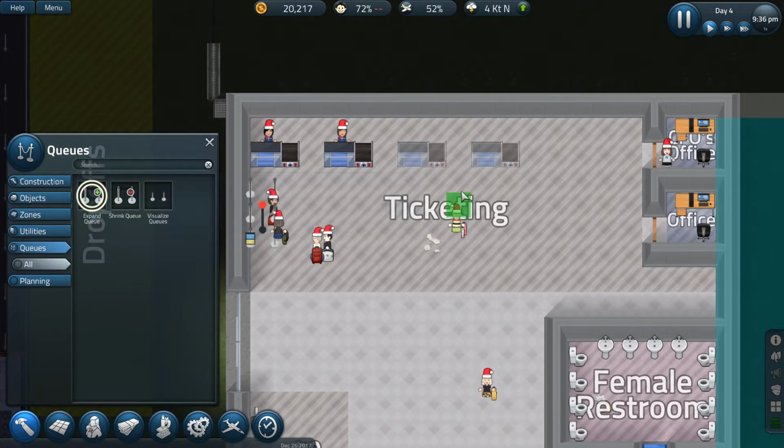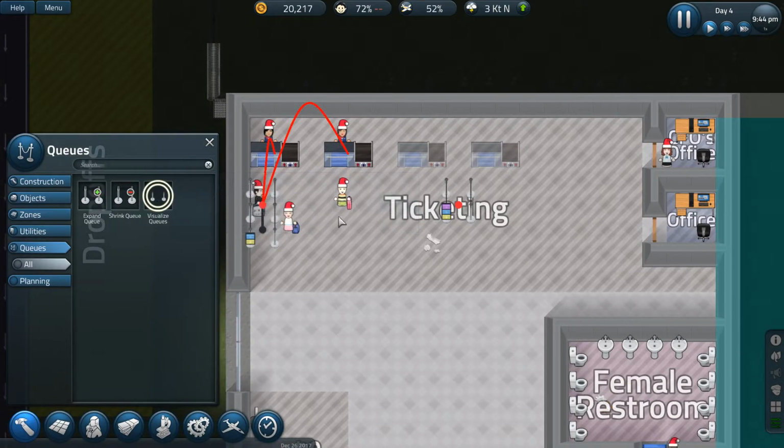Right, we'll just leave that like that for now. And then we'll do this queue. So the idea here, I think, is that we want the queue to finish kind of between the two desks. Or I suppose it could finish there, couldn't it? And then they can go to one desk or the other. Yeah, let's do that. Okay, so you...